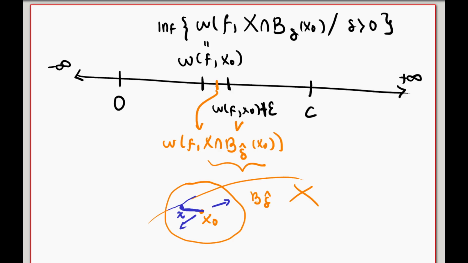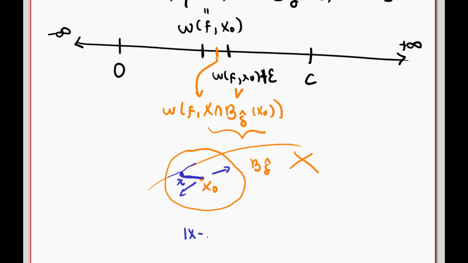So the distance between these two, we know that this is smaller than delta hat, right? So we can always find, and this is a property of basic real analysis, a ball that is inside that bigger ball. So we can call that delta prime. And for delta prime, we can take the minimum